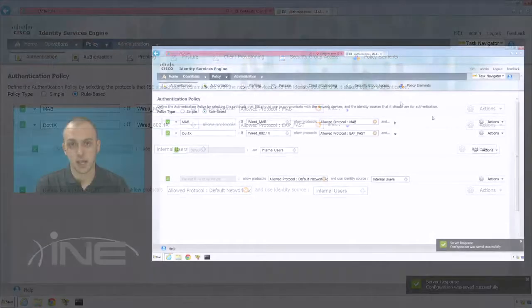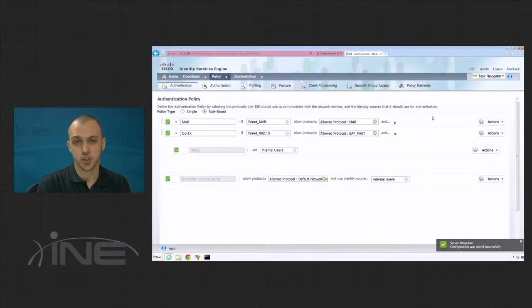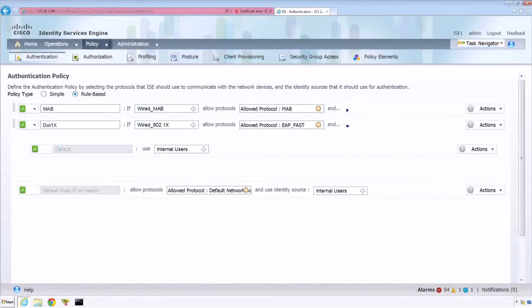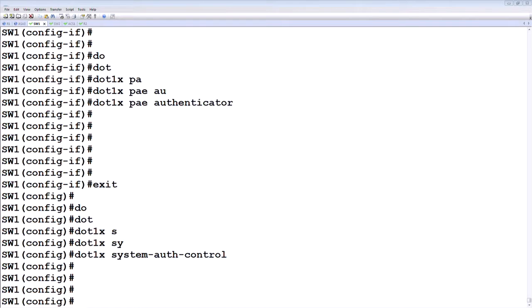So at this point, as we've seen, I have the switch basically integrated with ISE. I've configured the two authentication policies. Now what I want to do is add the MAC address of the IP phone in the internal endpoint store, and I want to configure a username and password which will be used by the test PC to authenticate through EAP-MS-CHAP. So let's go on the switch, which is this one, and let's say show mac address table,